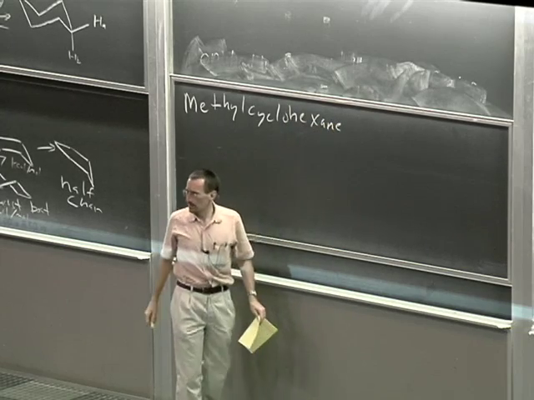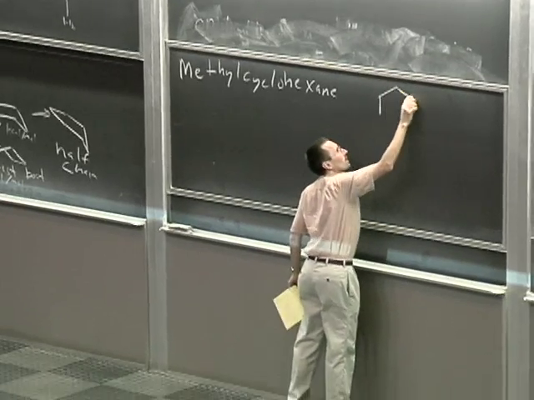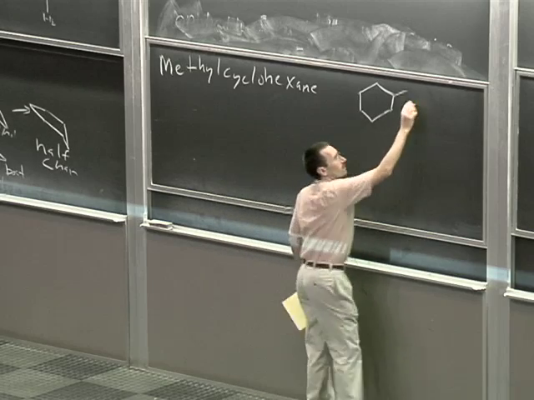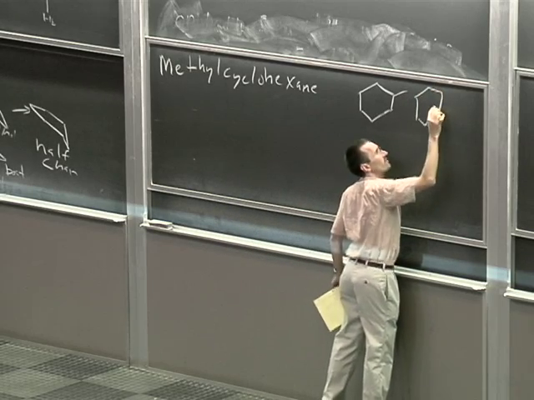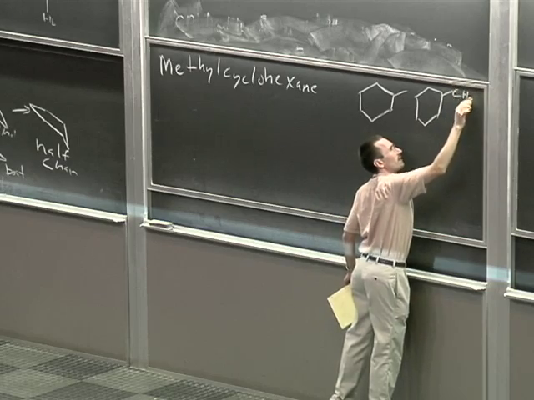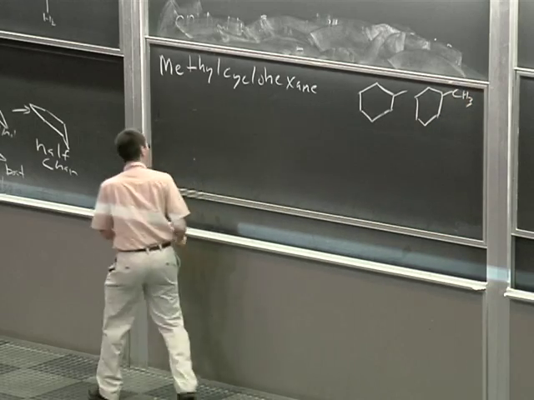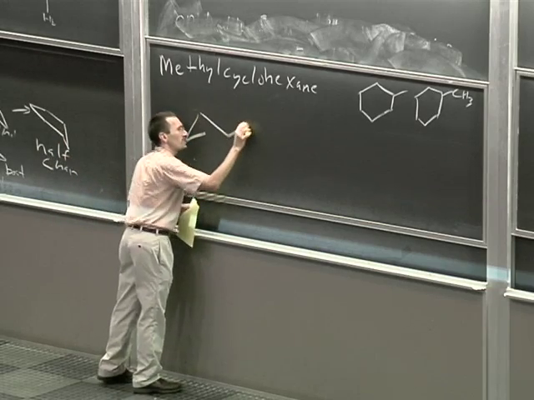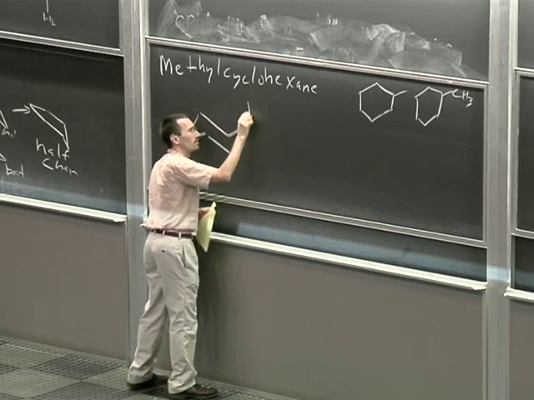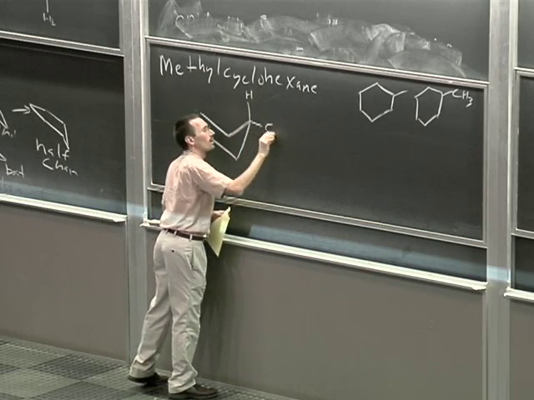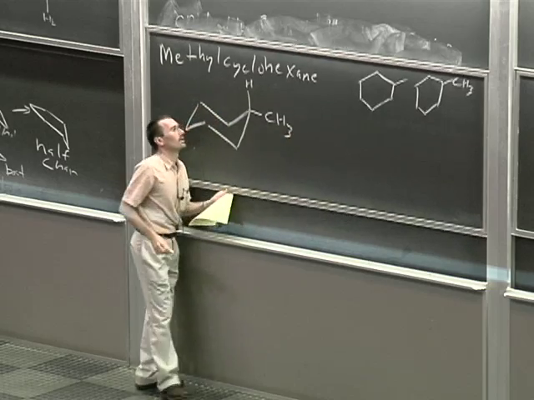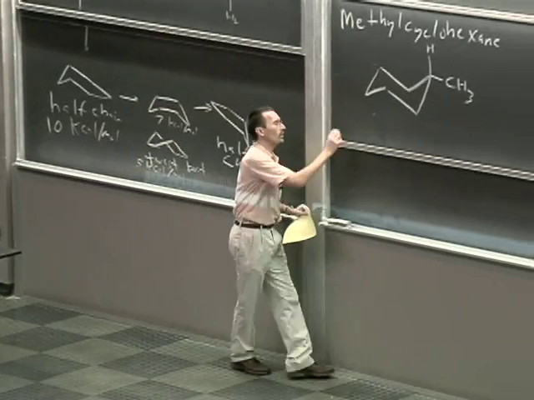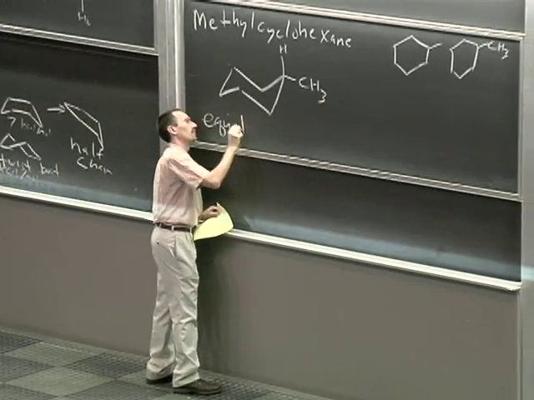And I'll write out a skeletal structure. You can write it like that. If you want to be explicit about having a methyl group on there, you can write it like this. And what we're going to do is put the methyl group, for starters, in the equatorial position. We call this the equatorial conformer